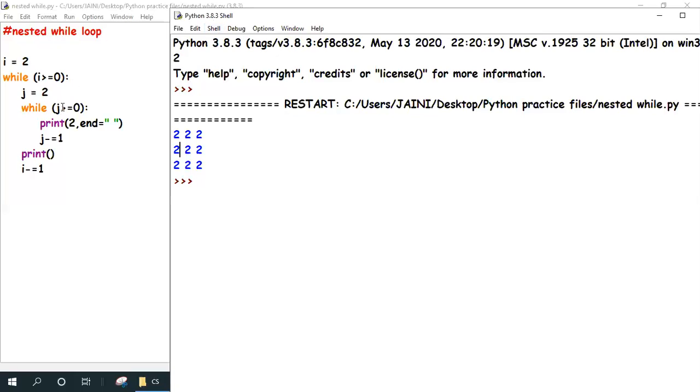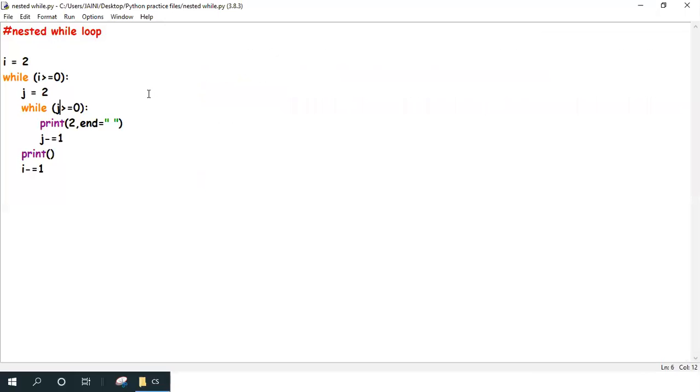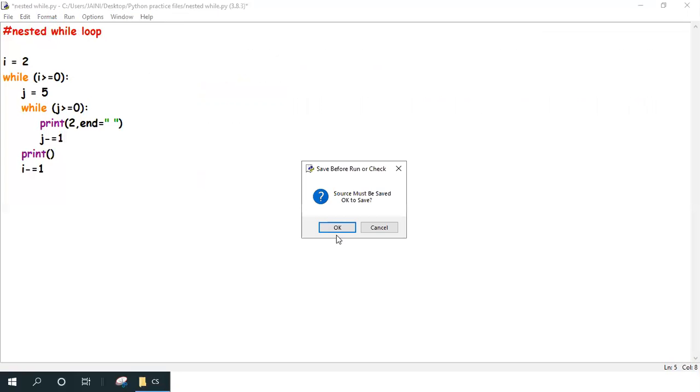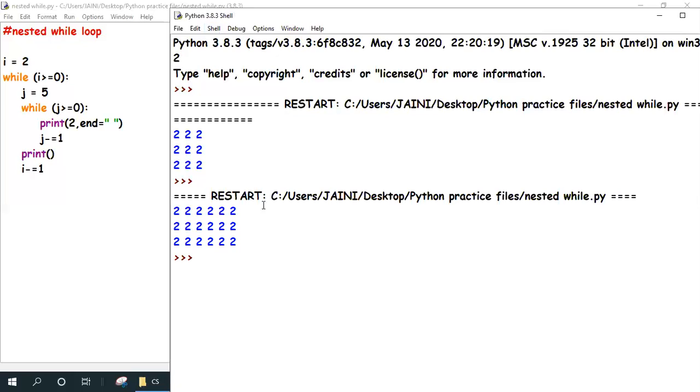All right. So let's just say if I change this to 5, the value of j, not the outer one, the inner one. And then we will run this and see. The number of times 2 is written in a line has changed.